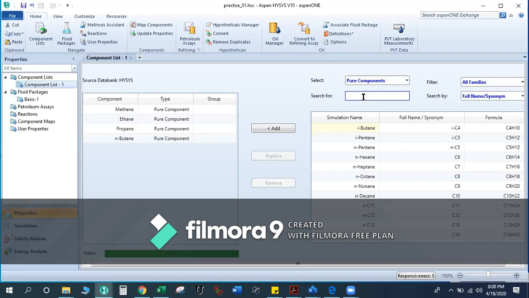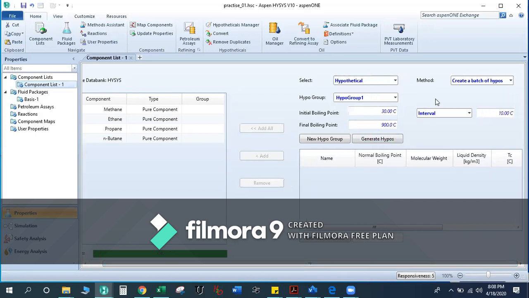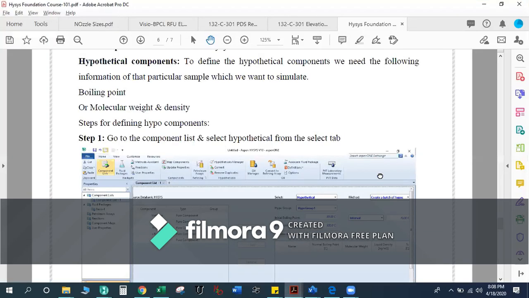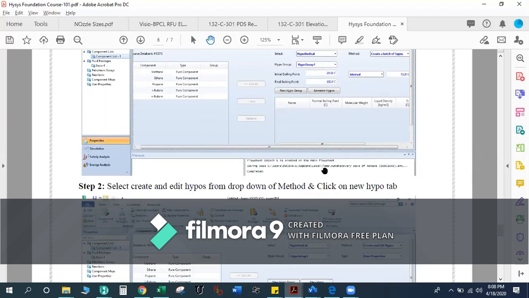For that we have the options like hypo components. So for defining the hypo component, you will select this hypothetical. If you select the hypo component, you will find options like hypothetical, create a batch of hypo intervals and all those things.